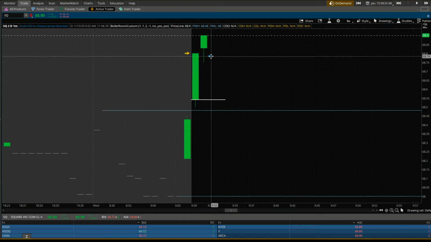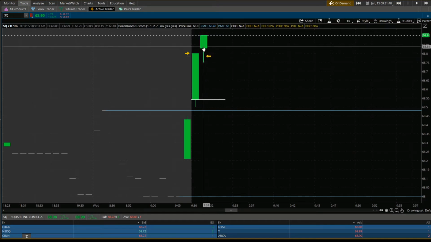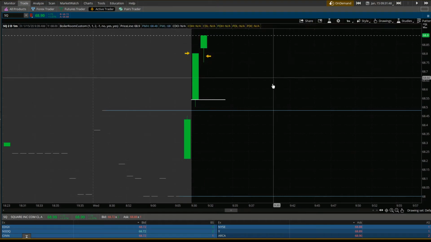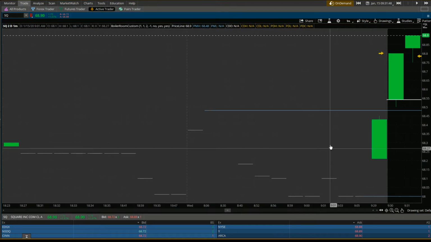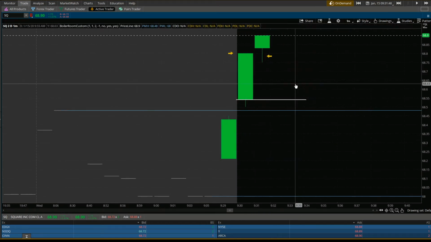All right, so the second thing is, I see this wick. Now, normally I don't trade this zoomed in. We need to look at the overall picture of what's going on. But to understand how to read the market and to understand what candlesticks actually tell us, I wanted to zoom in here pretty good so you could see. So let me zoom in one more time. All right, so